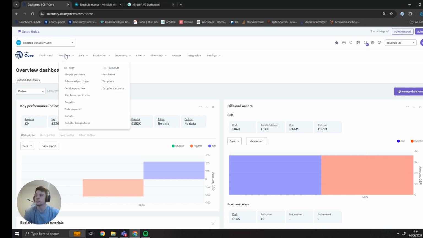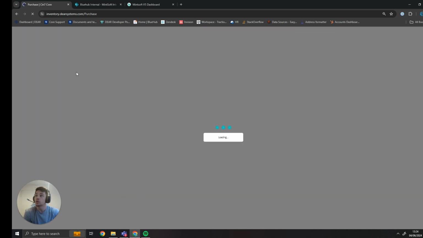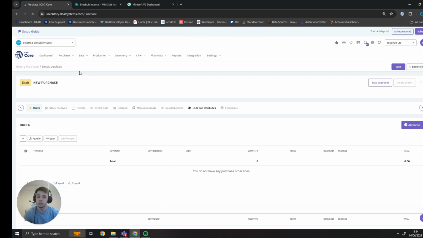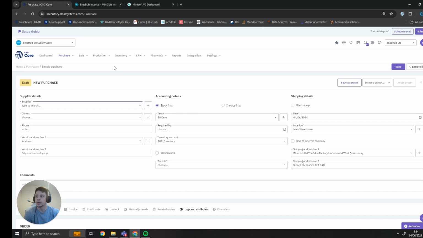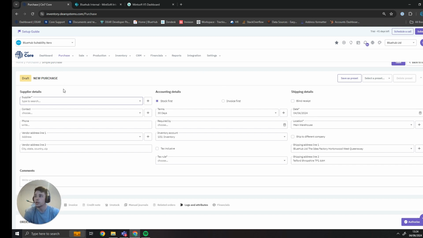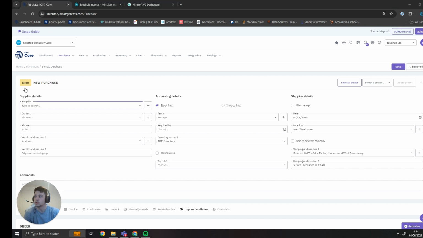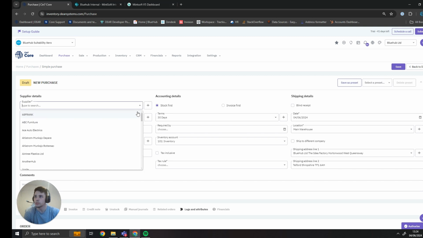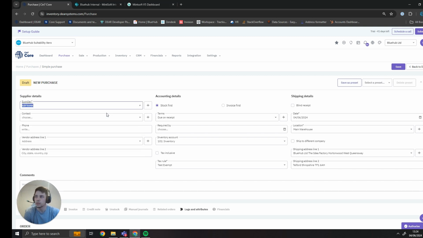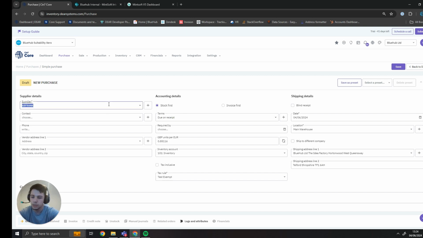So getting straight into it, if I come into Cin7 and I raise a new purchase order, which will always be the start of this workflow, we can create ASNs via transfers as well from a warehouse that is not linked to Mintsoft to a warehouse that is linked to Mintsoft, but I'll cover that in a separate video. But for now, if I was to raise a new purchase order, firstly, this is going to be a lot of Cin7 related stuff, so we'll put in our supplier